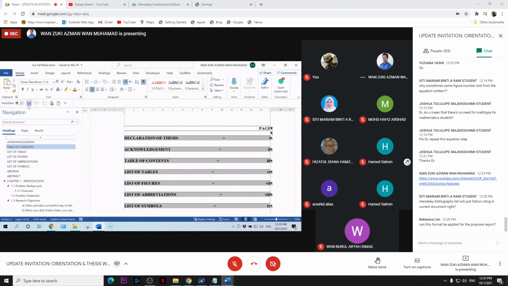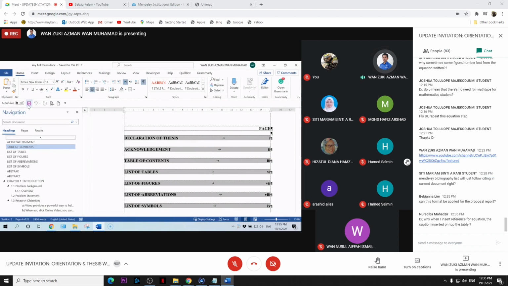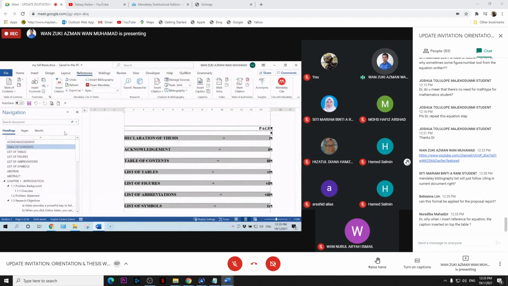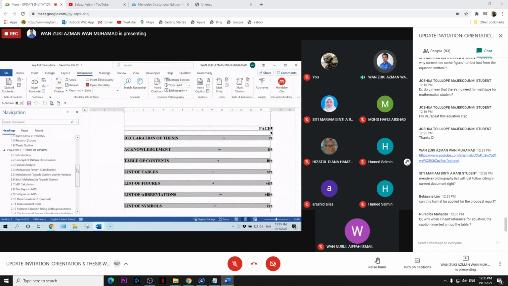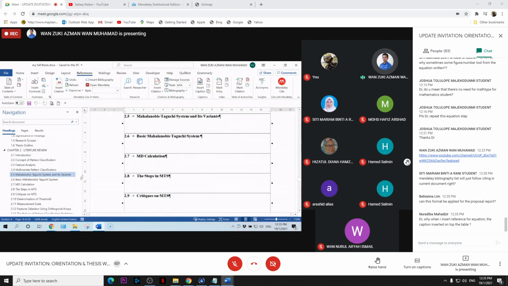Okay. Mendeley bibliography list will just follow citing in current document, right? Okay, Mendeley. In the separate chapter, you no need to create the bibliography yet. So you just create the bibliography when you combine the document. So in the document you have the citation, right?